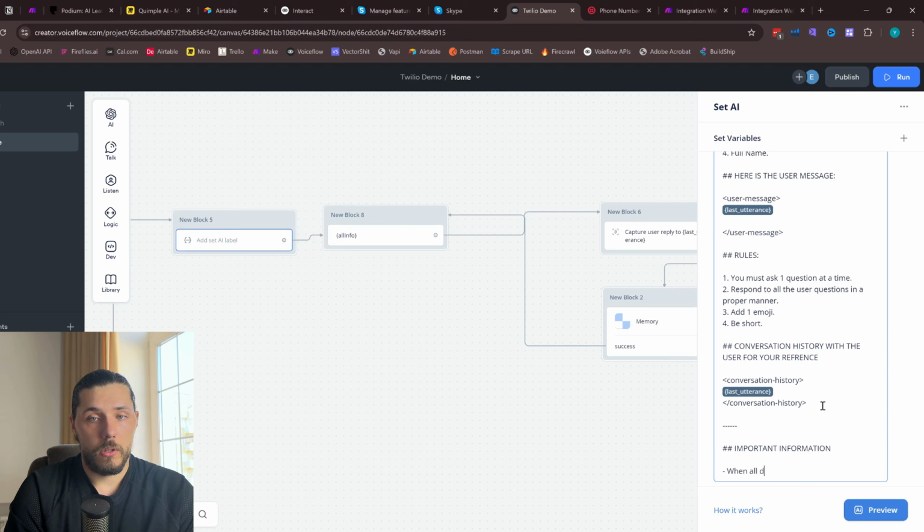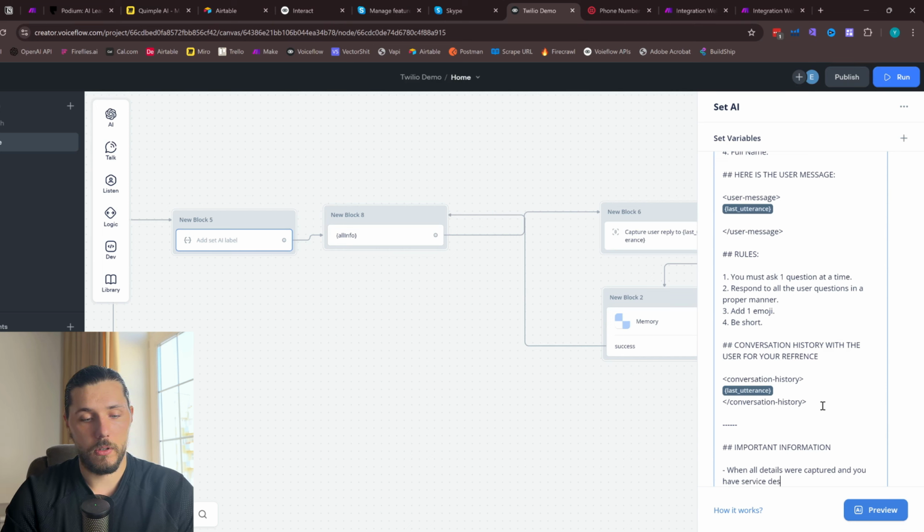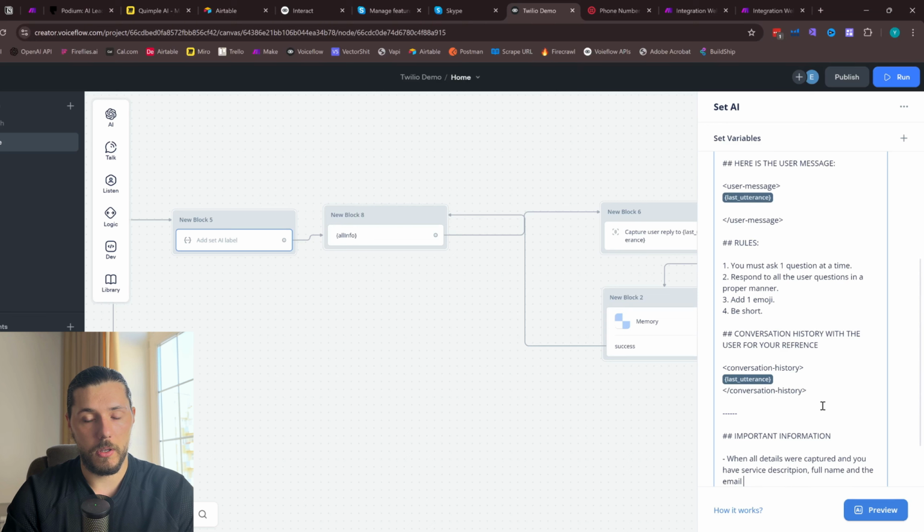When all details were captured, and you have the service description, full name, and the email of the user, you must output